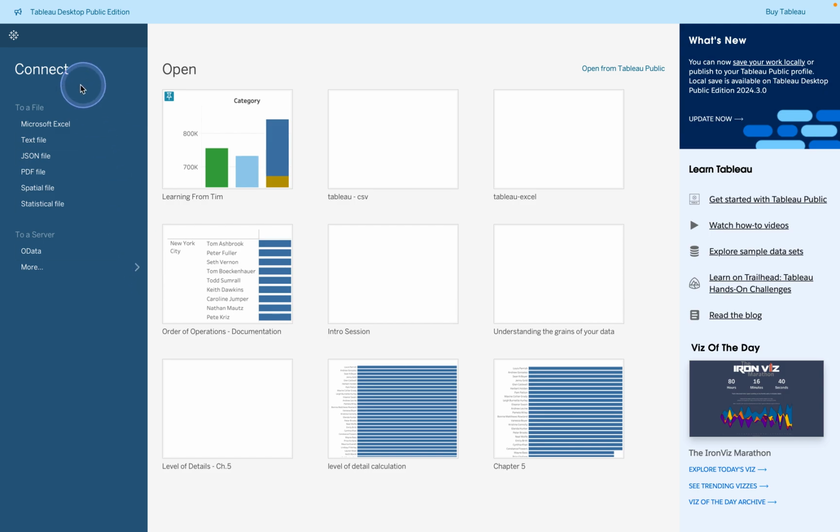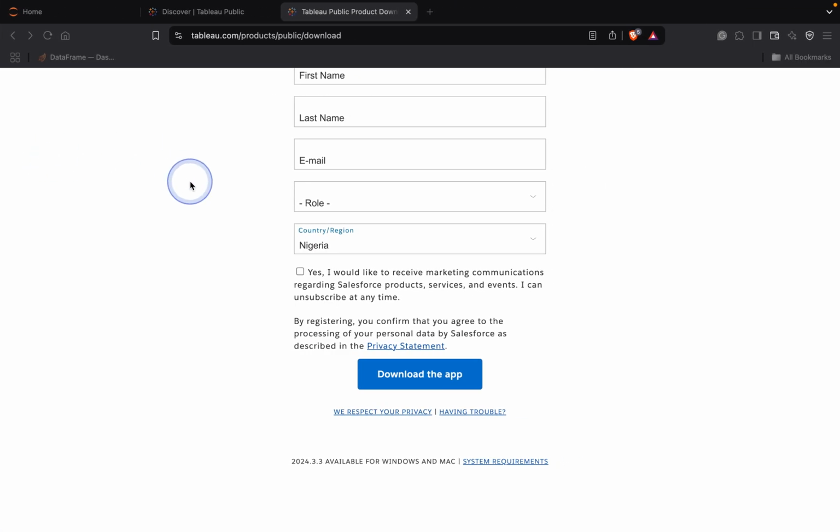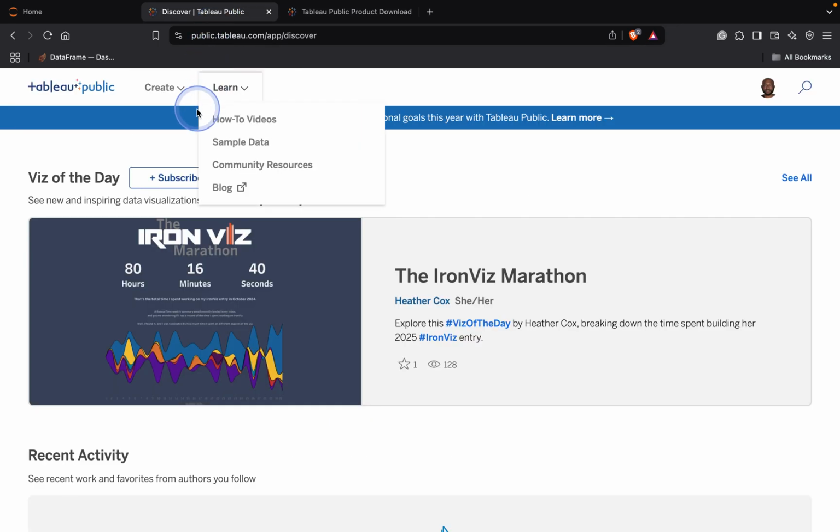Now, over here, you're going to see this Connect. You can connect to data sets, and we're going to be looking at spreadsheets and flat files, CSV files. So let's be here on this. Now, the next thing we're going to do is, after we have this installed, we can come back here and check out, Tableau has a very powerful community, but one place I'll take you to is